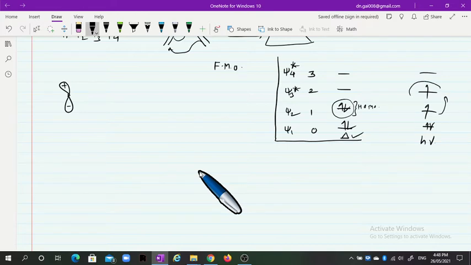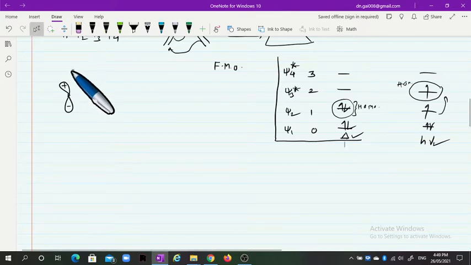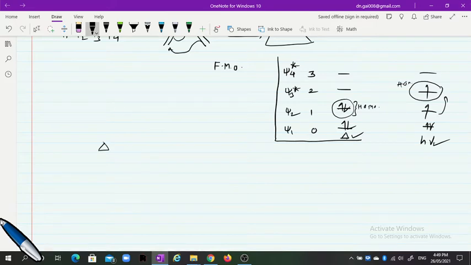For photochemical condition, one electron or two electrons in an orbital is considered the occupied molecular orbital. So this is the highest occupied molecular orbital for the photochemical and thermal reactions. Psi2 is the highest occupied molecular orbital. Now, for thermal condition, we have to draw the HOMO. Firstly, we take the open chain compound and find out the HOMO. In this case, for thermal condition, psi2 is the HOMO.